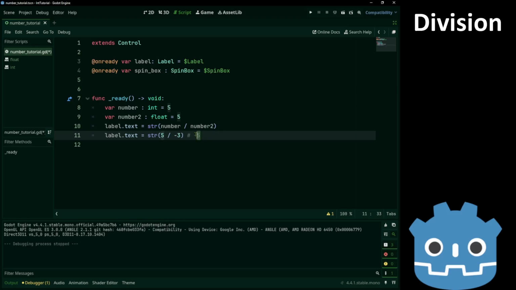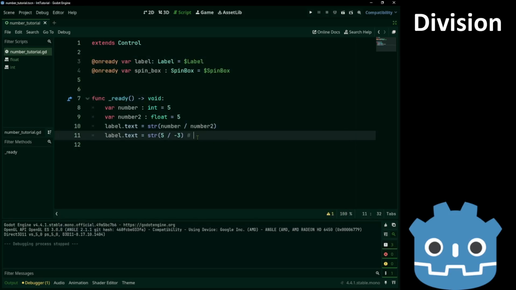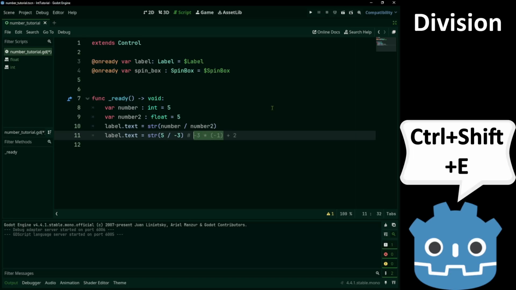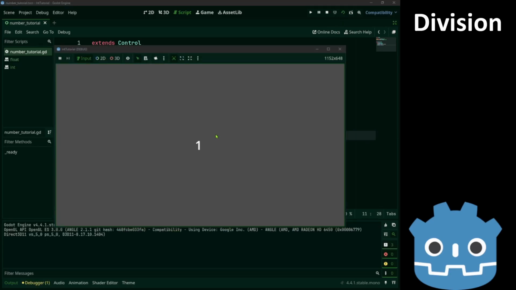Now let's make the divisor negative. Still minus 1. Euclidean division gives minus 1. If both are negative, we get 1.